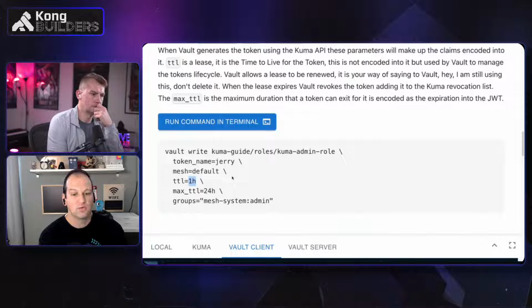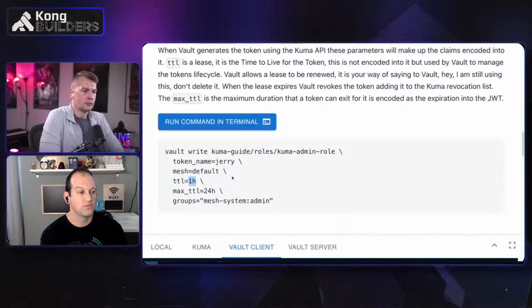So your agent requests a token. Let's say you set that token's max TTL to 72 hours, and then you set your TTL to 6 hours. That would mean that every 6 hours, the agent needs to go and refresh the lease on that token. I believe the agent defaults to do that at the 2/3 mark. So on a 6 hour TTL, at about the 4 hour mark, it would automatically renew the lease for you. And when it gets to the end of the max TTL, you can set it to automatically generate a new token and then bump the data plane.